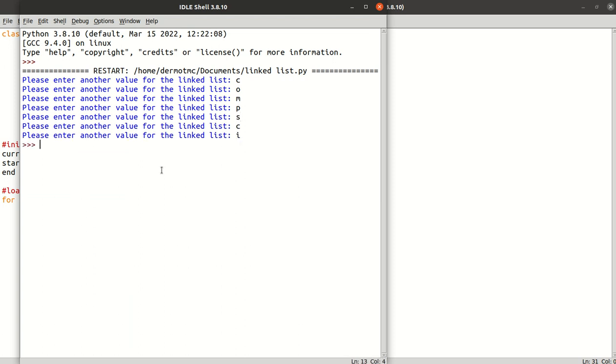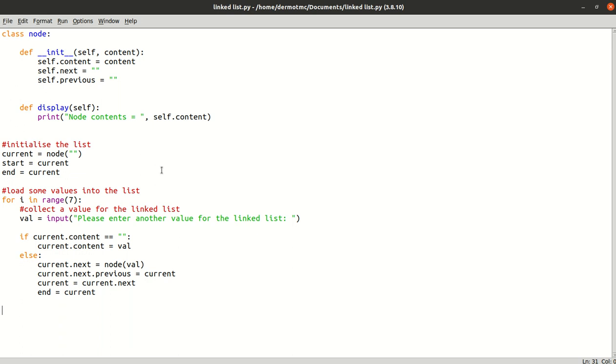There we go. Nothing's happened at this point, but it's iterated through those values. It's updated the nodes, those objects, created additional objects. I have actually created a little doubly linked list, but I want to output it. I want to iterate through each list item, each node now. So I'll print my list. Okay, so I'm going to go from the start